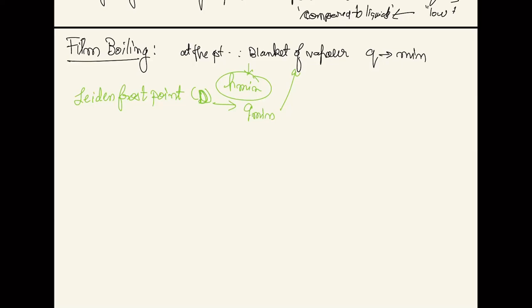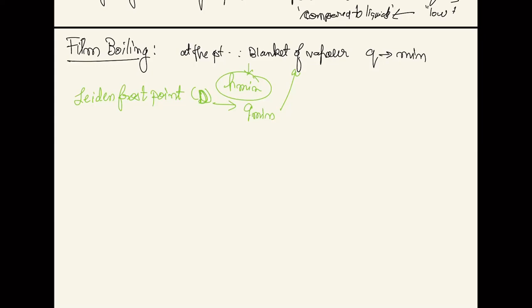Okay, I'm sorry for that. So yeah, this is what Leidenfrost had seen, and we call this particular point the Leidenfrost point. He had observed it somewhere around the 18th century,